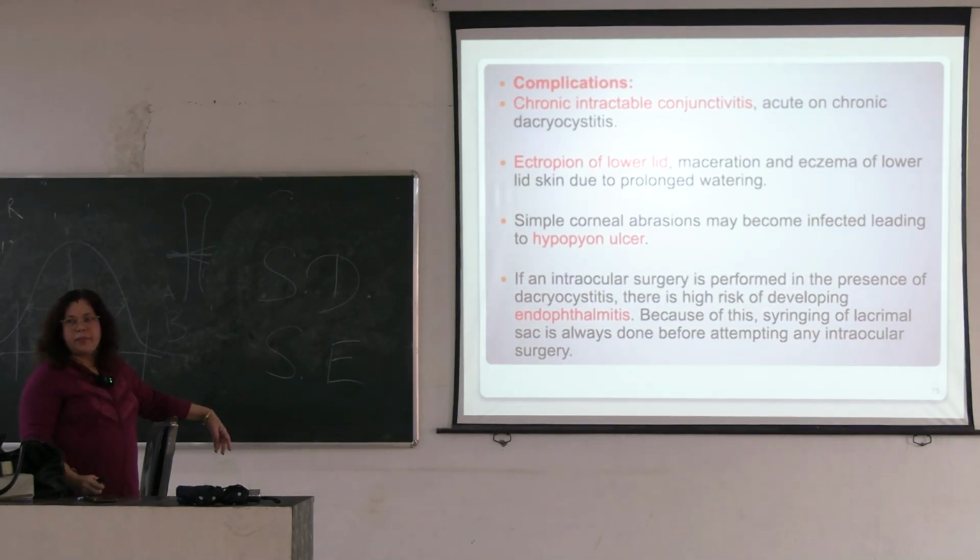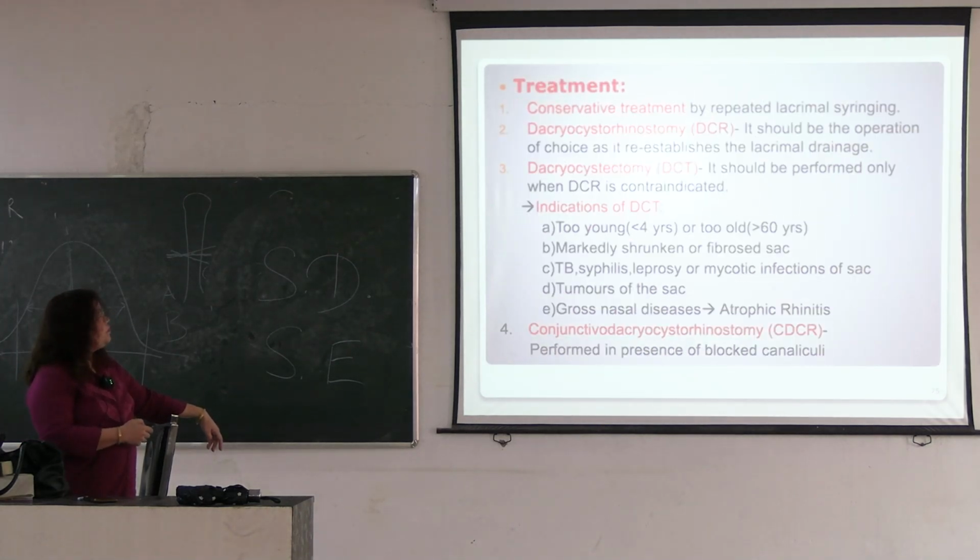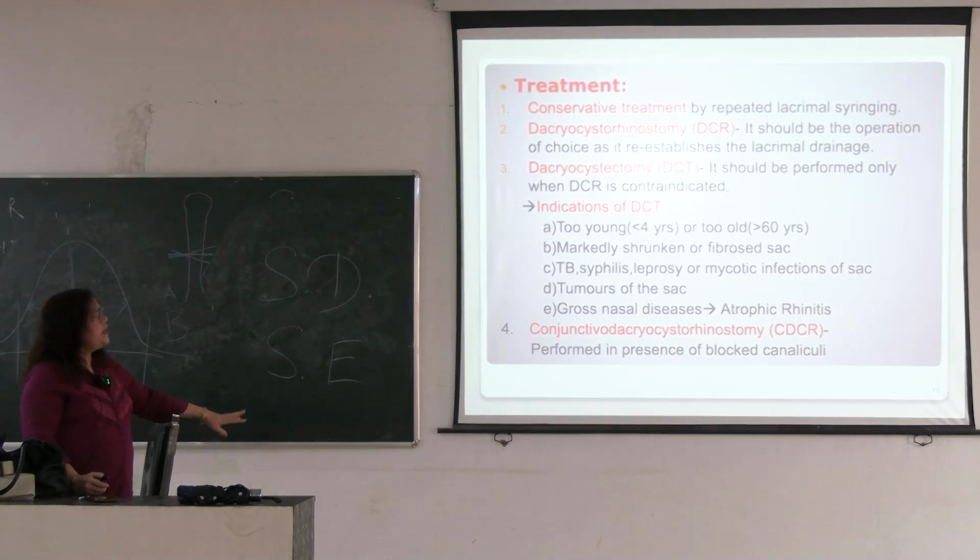Then complications of chronic dacryocystitis. It may be entropion of the lower lid, hypopyon ulcer when corneal abrasions are present. Then if intraocular surgery is performed, then endophthalmitis or panophthalmitis. Then treatment of chronic dacryocystitis. Conservative treatment is